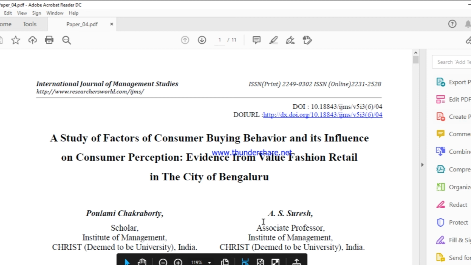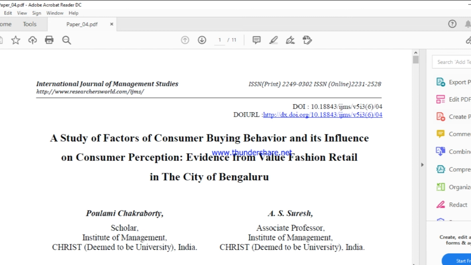And finally, let's have a quick view on this paper also. Again, this is a research based paper wherein they are studying the factors of consumer behavior, the consumer buying behavior and its influence on consumer perception. Now in this they have given that this is related to fashion retail in the city of Bengaluru. So presenting in this way, the title is better. Then again